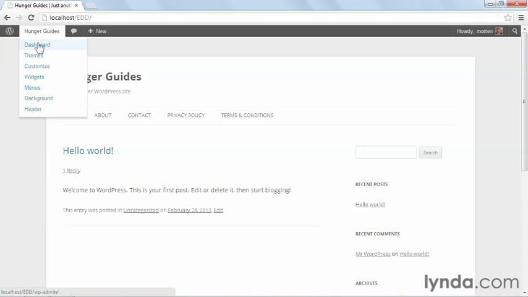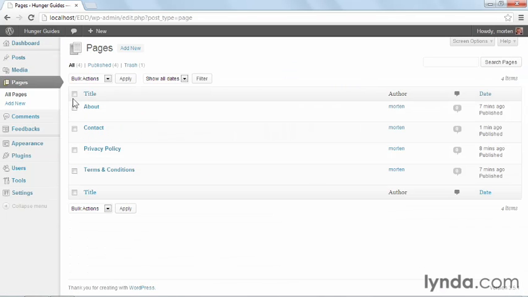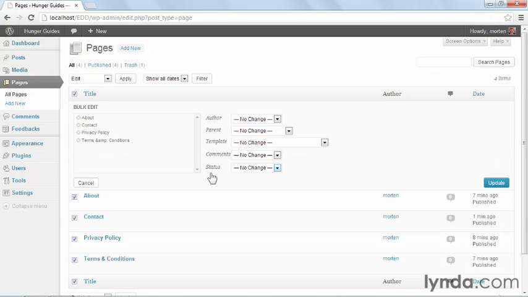So I'll go back to the dashboard, go to Pages, All Pages, and then I'll check all the pages here, go to Bulk Actions and click Edit, and click Apply. And now I can set comments for all these pages to Do Not Allow. When I update,